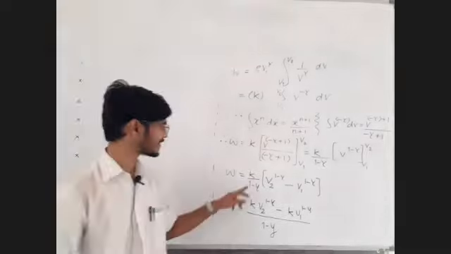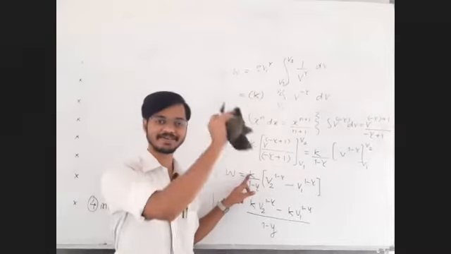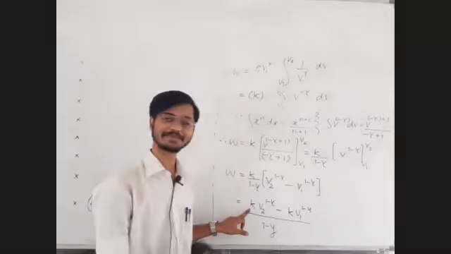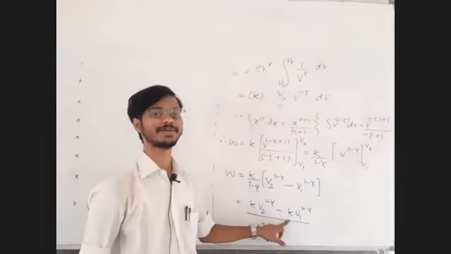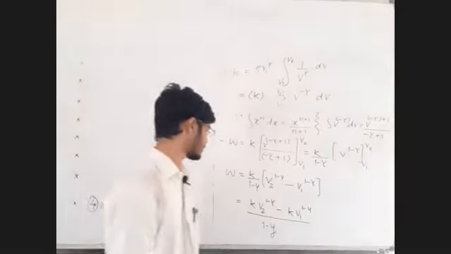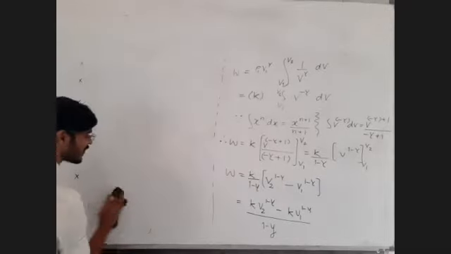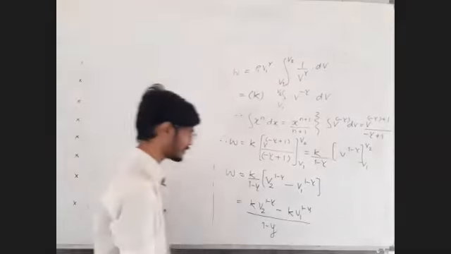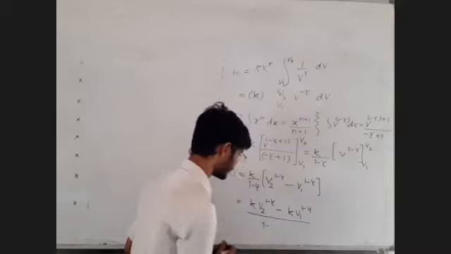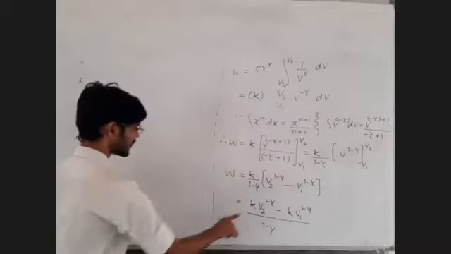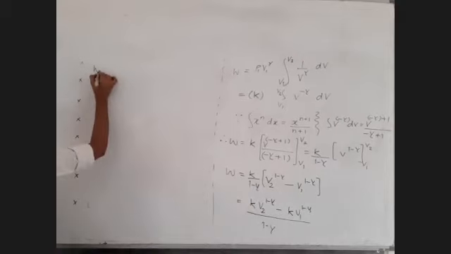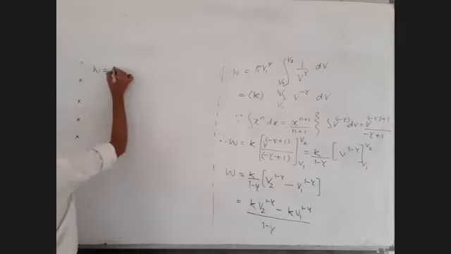I will not be replacing K with the same P1 V1 raised to gamma. No, here I will be replacing it with P2 V2 raised to gamma, and here I will be replacing it with P1 V1 raised to gamma. That's the fun. And why are we doing that? So that the final formula will have some form which can be easy for remembering. So let's do it. Work done is equal to, this K will be P2 V2 raised to gamma.